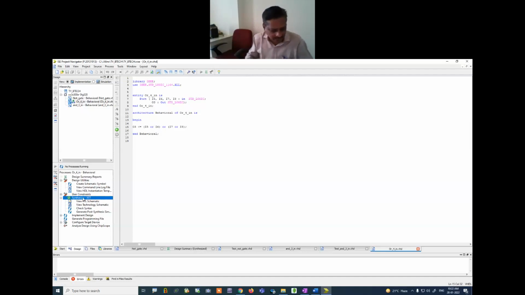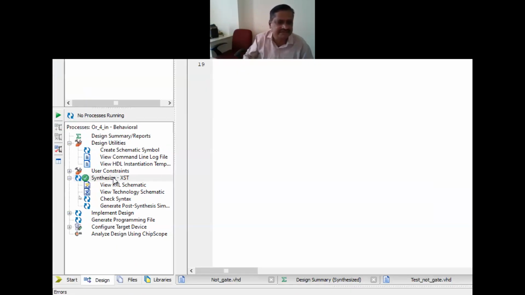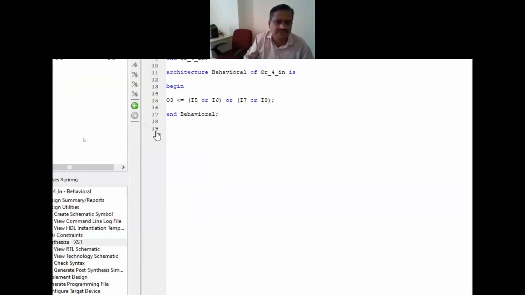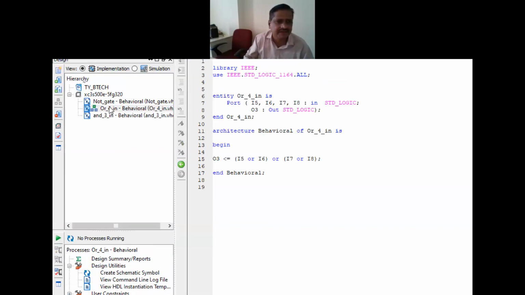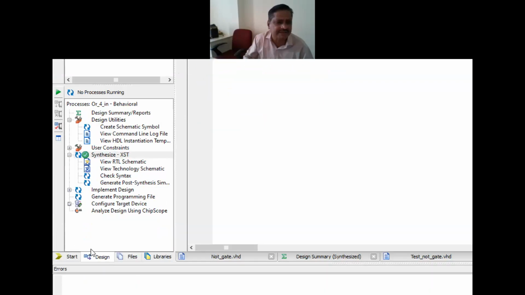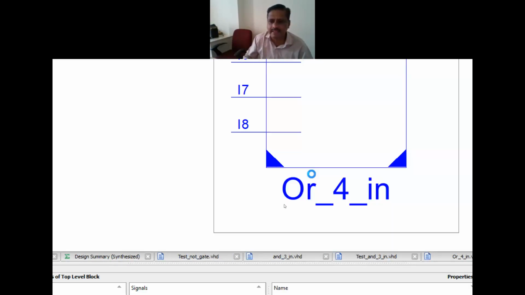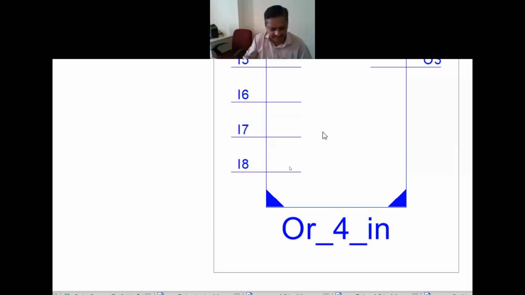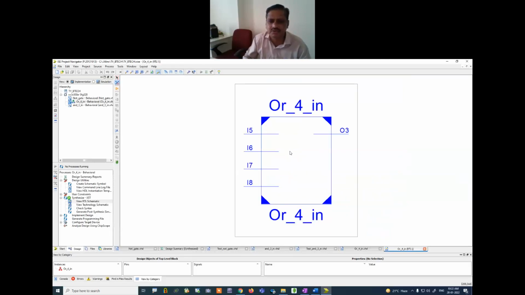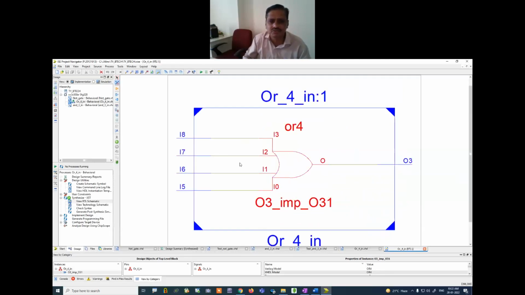Yes. Look at here. यहाँ पे मैंने इसको सिंथेसाइज किया, ये सिंथेसाइज हुआ है, there is no logic syntax error. ठीक है, फिर उसके बाद हमें इसको टेस्ट भी करना पड़ेगा लॉजिकली, या तो हम इसका RTL schematic देख सकते हैं। If I am right clicking on this, I will click on OK, I am able to see this, look at this part. या तो इसको जूम आउट करता हूं मैं, यहाँ पे जूम आउट, ये मेरा OR गेट है, इसको डबल क्लिक करता हूं तो ये एक इनपुट, दूसरा इनपुट, तीसरा इनपुट, ये चौथा इनपुट और ये OR गेट।